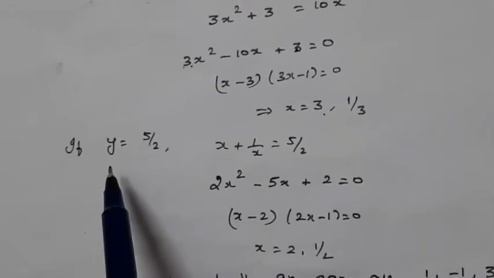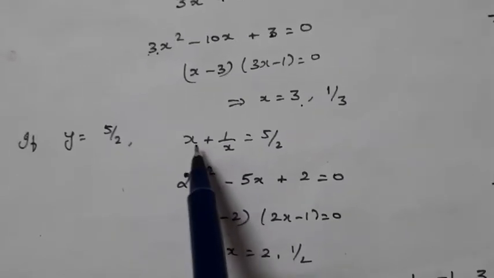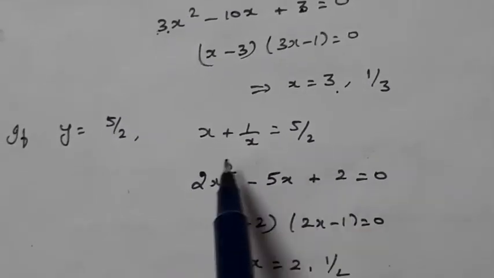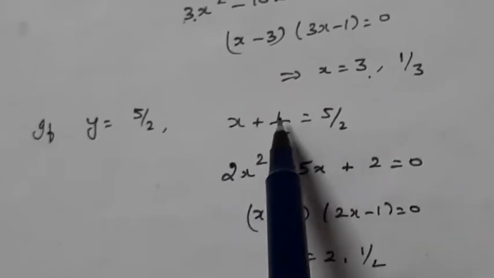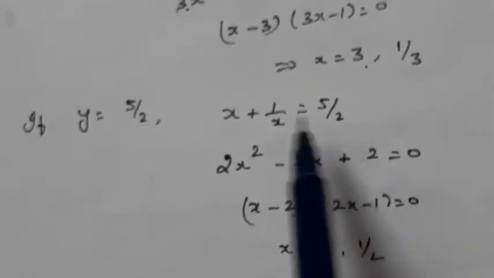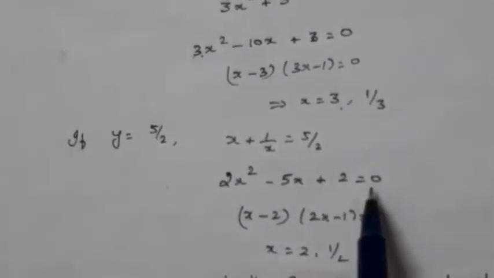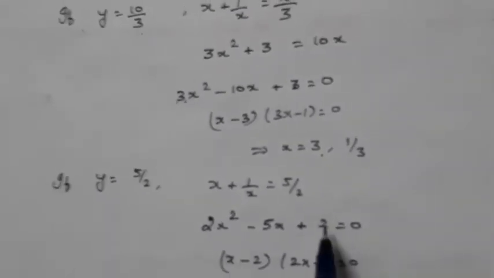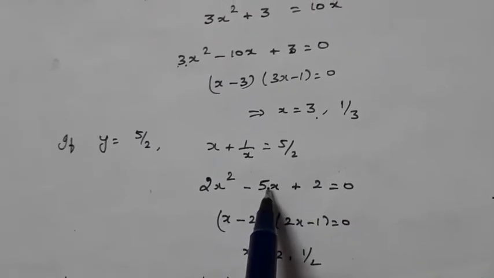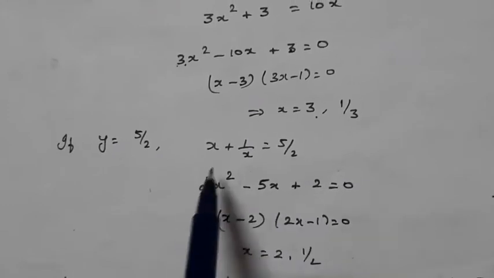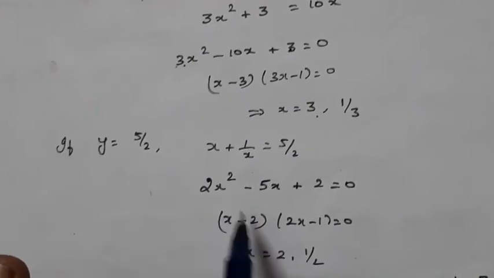Okay. Now taking the other value of y, that is 5 by 2, we have the equation as x plus 1 by x is equal to 5 by 2. Again multiplying throughout by 2x, we have 2x squared plus 1 equal to 5x, or 2x squared minus 5x plus 2 equal to 0. So look at this, this is also of the same form, that is 2 and 2 are same, and the coefficient of x is the successor of their product. 2 into 2, 4, 4 plus 1, 5. Successor of the product means this equation will have the roots 2 and 1 by 2.